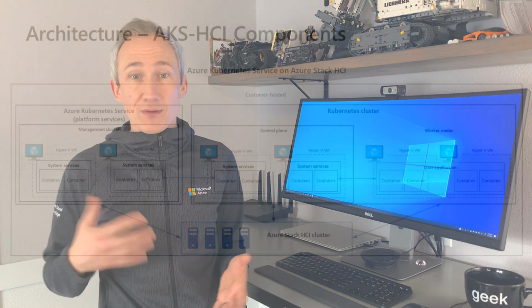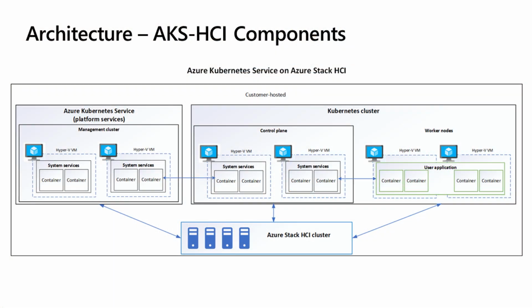Optionally managed from Azure Arc. Now, to dig one layer deeper, when you deploy AKS HCI, there are actually two major steps. The first on the left here is to deploy the platform services, also known as the management cluster. And this deploys a couple of VMs, or just one in preview, that essentially orchestrates and controls deployment and management of the target clusters, here on the right. And this is where you run your applications and workloads.